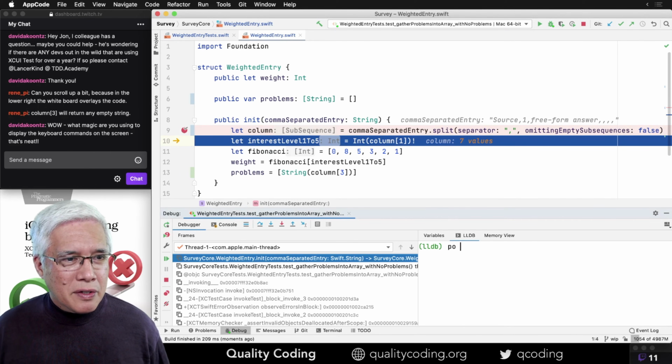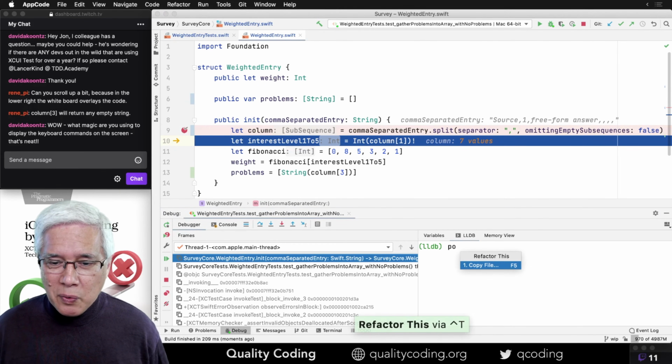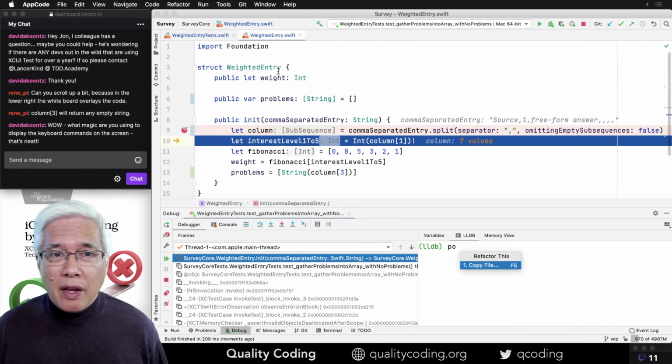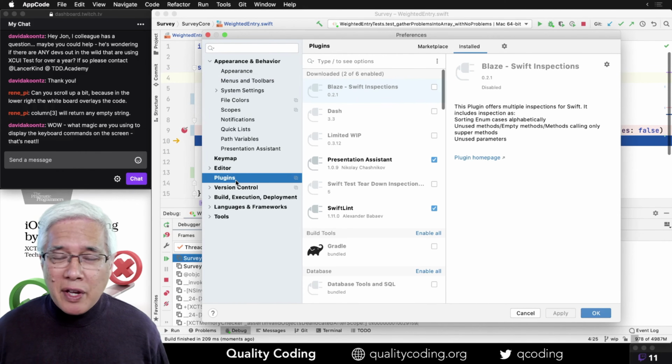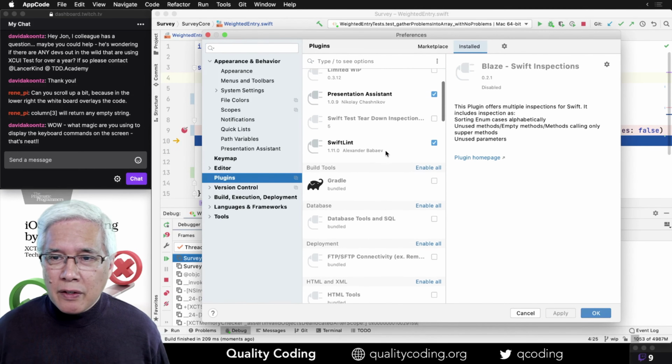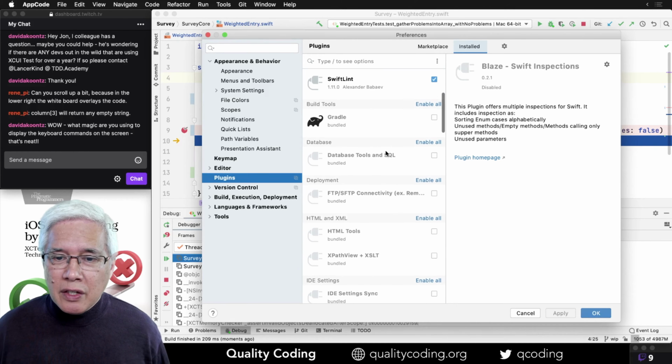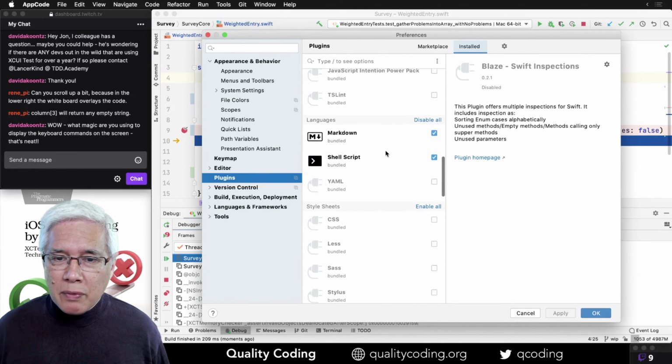So the thing I'm using to show what keyboard commands I'm using, I'm using AppCode, and AppCode has plugins, folks, unlike another IDE. And what is the name of the one I'm using?